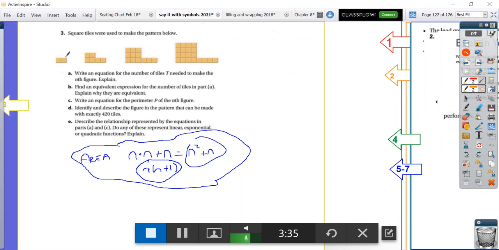I have a perimeter of 1, 2, 3, 4, 5, 6 for figure 1. For figure 2, I have a perimeter of 1, 2, 3, 4, 5, 6, 7, 8, 9, 10, 11, 12. For figure 3, I have a perimeter of 1, 2, 3, 4, 5, 6, 7, 8, 9, 10, 11, 12, 13, 14, 15,